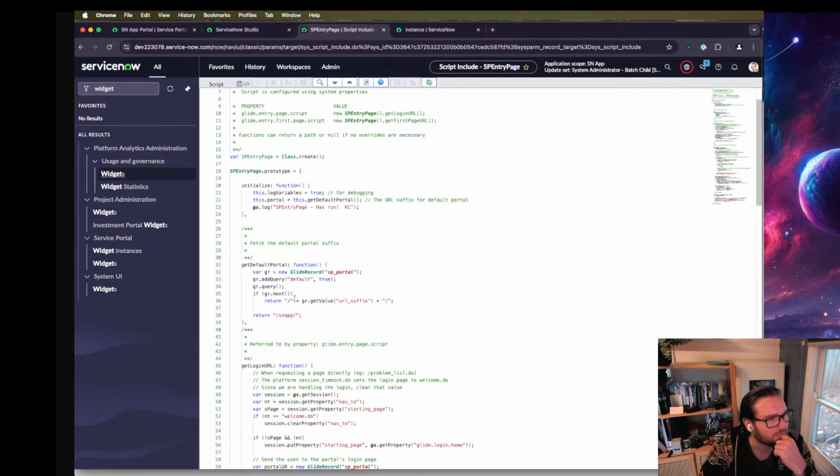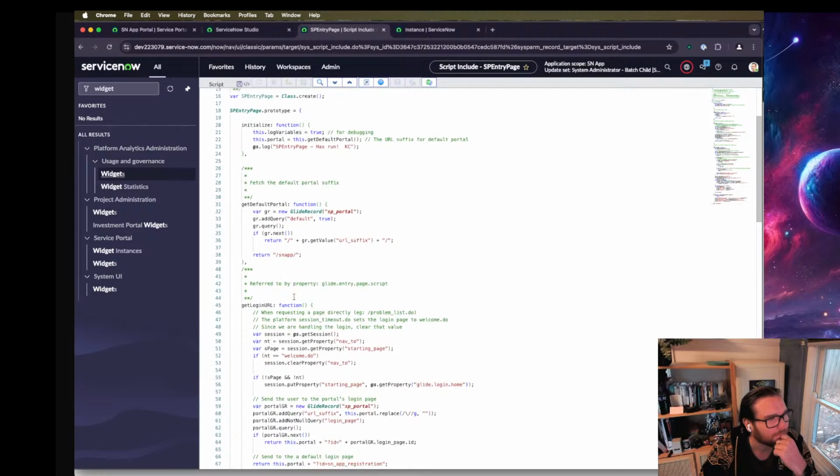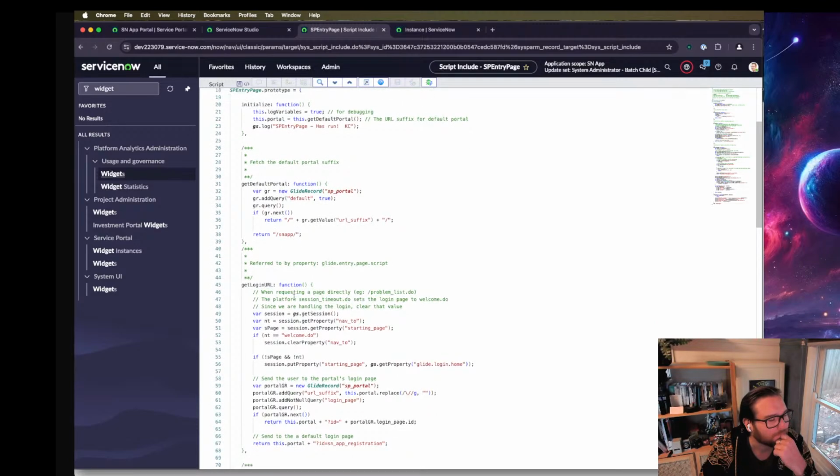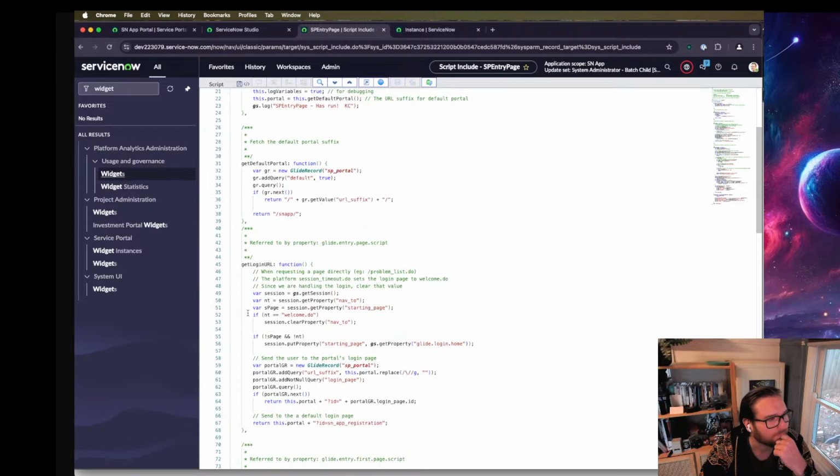So we have the portal. Or actually, I suspect maybe,